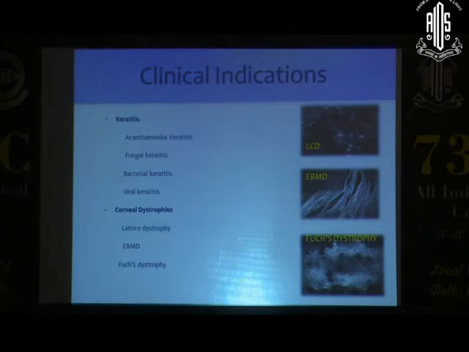And also viral keratitis, there are certain changes that you see, like the loss of the subbasal nerve plexus, which is the reason why you get corneal anesthesia in viral keratitis. Also, there's activation of keratocytes in the anterior part of the corneal stroma. These are findings that can provide a clue that you're dealing with a case of viral keratitis. Again, certain corneal dystrophies, this is not what we would use primarily, but it can also help in early detection, also the depth to which you're seeing the pathology.